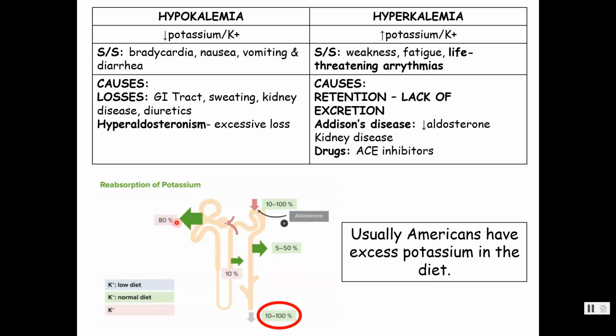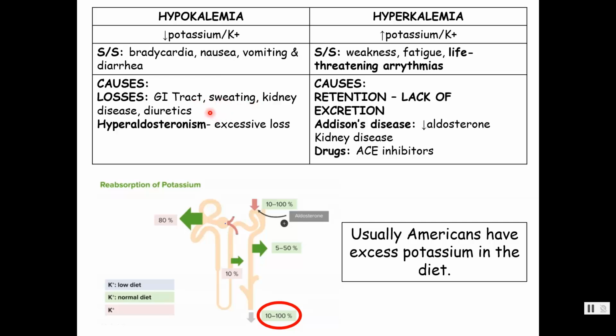Okay, so for the most part, look down here first. This is just showing a normal American diet. In the normal American diet, we are usually secreting potassium, meaning most Americans take in excess potassium, and how we get rid of our electrolyte excess is through urination. So most of the time, we have more than enough. But at times, you can have hypokalemia, low potassium. Emia means in the blood. Things that can cause this: you can lose a lot from the gastrointestinal tract, either by vomiting or diarrhea. You can sweat too much and not be taking in electrolytes, kidney disease, diuretics.